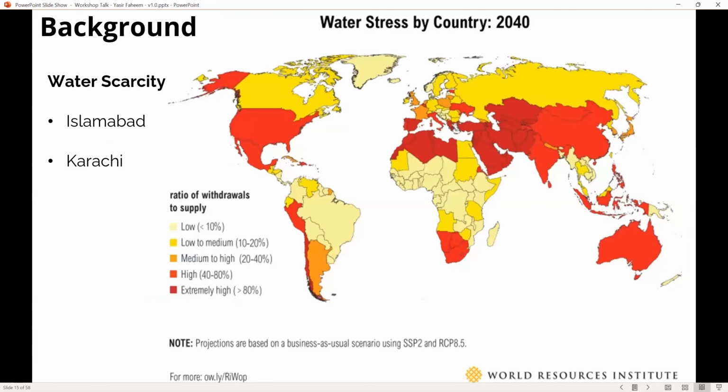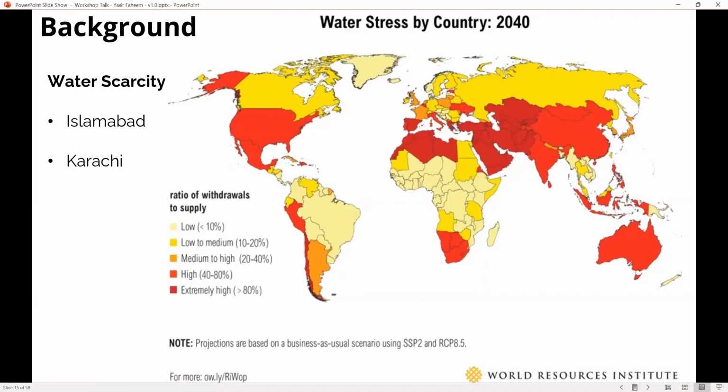Another problem: most of the member countries that lie under the Asia Connect region are going to be severely impacted by water scarcity. As per a report by the World Resources Institute, by the end of 2040, if I'm not mistaken, 2040,